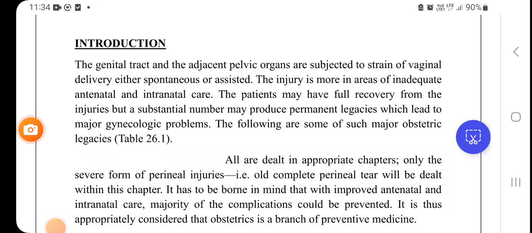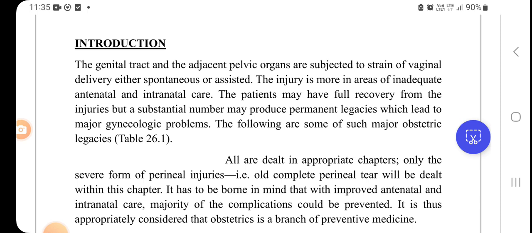Good morning all. Today's class we will be discussing genital tract injuries. As we know, the genital tract and the adjacent pelvic organs are subjected to strain of vaginal delivery, either spontaneous or assisted, and the injury is more in areas of inadequate antenatal and intranatal care. The patients may have full recovery from the injuries, but a substantial number may have permanent legacies which lead to